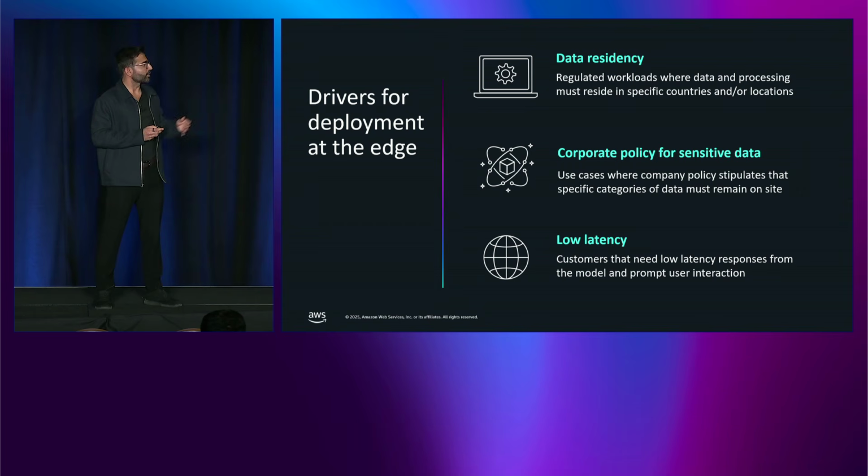And then the second business driver is around corporate policy, where certain corporates or enterprises just cannot deploy or run their data, especially model weights, outside of their own sites, their own on-premises facilities. And then the third driver is around low latency. This is where certain customers with certain workloads just cannot tolerate the latency they get by deploying these workloads in distant regions. Overall, all these three key factors, including data residency, corporate policy, and low latency, really form the foundation business drivers behind why more and more customers are thinking about deploying their AI workloads at the edge or on-premises.